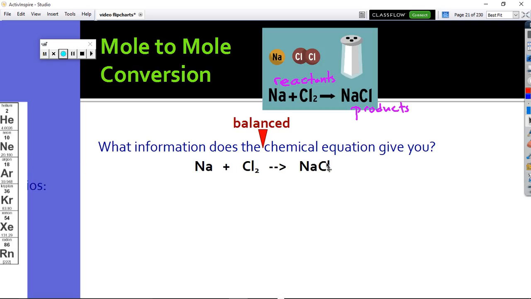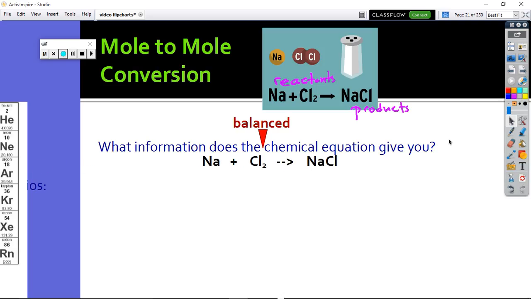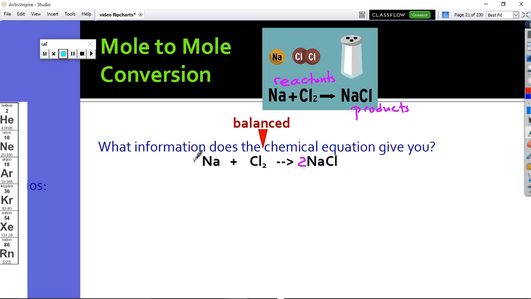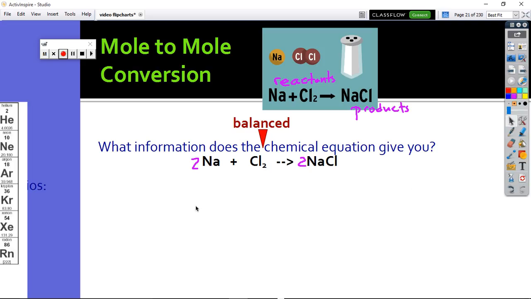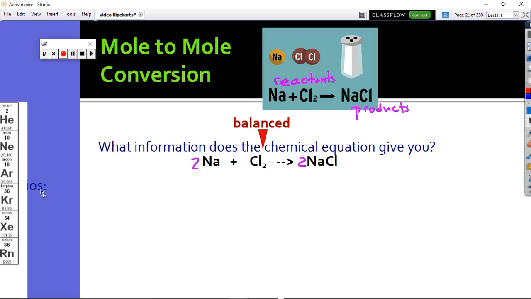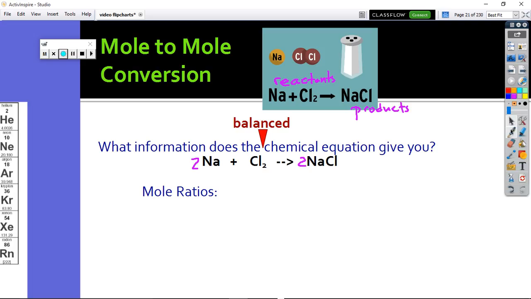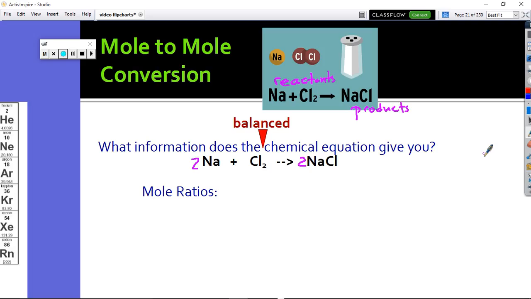So in order to make this a balanced equation, we're going to want to add the 2 here and here, so the number of atoms of each type of element is the same on both sides. At this point, we can get not just the reactants and the products, but we can get what we call mole ratios. Now, what are mole ratios? Mole ratios just tell you how many moles of each reactant or each product you need to have during the course of the reaction. So, for example, if I had 2 moles